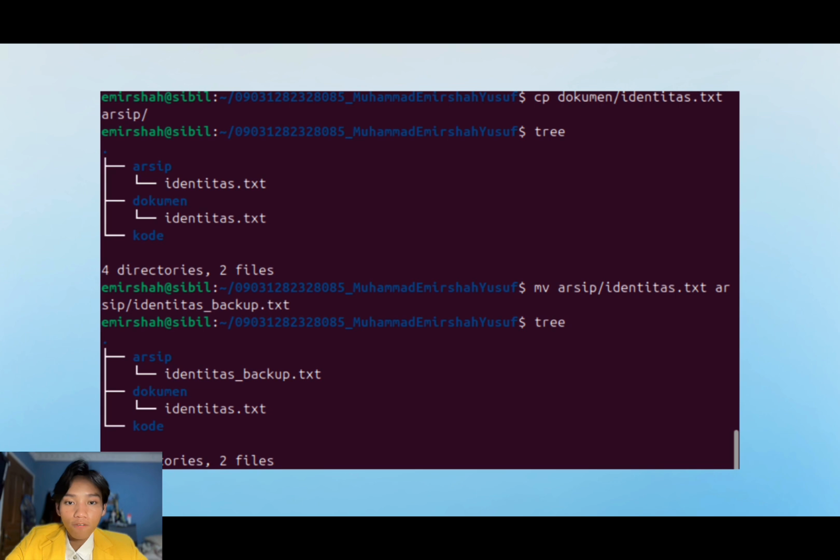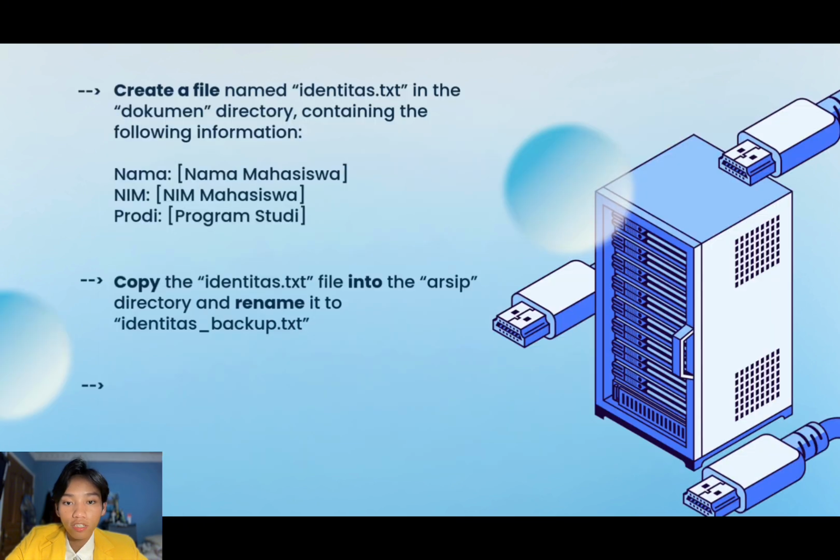This renaming serves as a safeguard, ensuring that the original file is preserved as a backup. To verify the change, we will execute the ls command, confirming that identitas backup.txt is now the only file in archive.